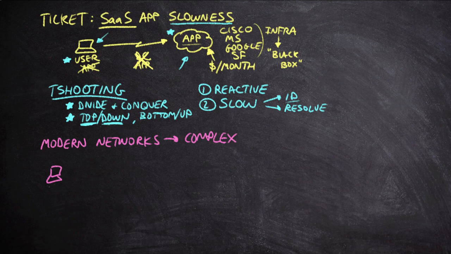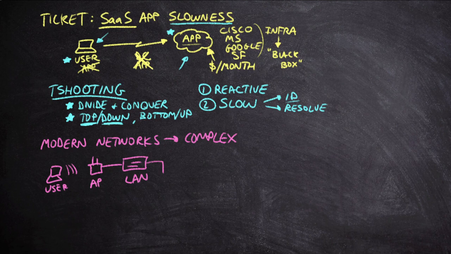For example, I already mentioned that this user is probably communicating via Wi-Fi. So we're connecting in through an access point. And this access point is going to go through a switched infrastructure. So we have our local area network that we need to worry about. If I can write that out a little bit cleaner, that might make it a little bit more clear. There we go. So our access point's connected to the LAN.